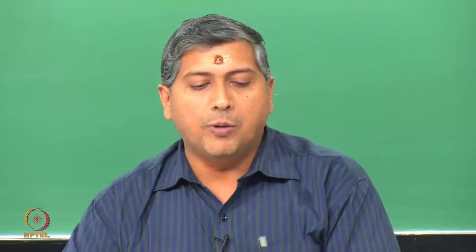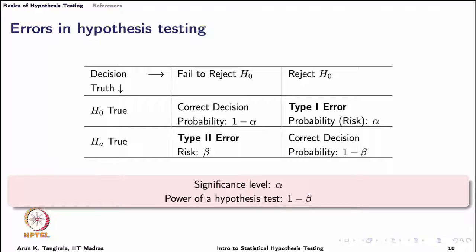Of course, we have the fourth possibility, which is the strongest one, that is the person is guilty and enough evidence has been provided and the judge finds the person guilty. That is, the alternate hypothesis is true, H naught is false and we have rejected H naught, that is a correct decision. So, there are 2 correct decisions and 2 risks, but the strongest one is the fourth possibility that we discussed, that is correctly rejecting H naught when it is false.